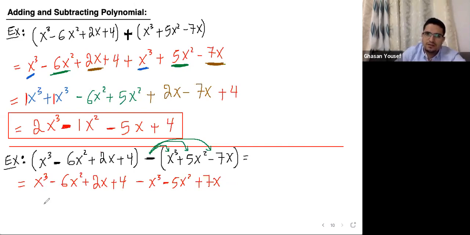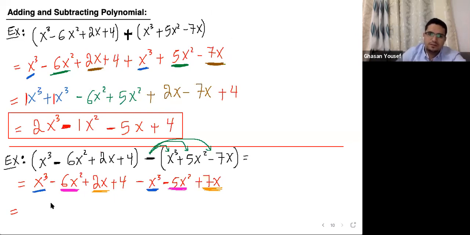Here I have x to the power 3 with x to the power 3. I have 6x squared again. I have this one with this. And we have also the 2x with the 7x and the number left alone. So this is equal